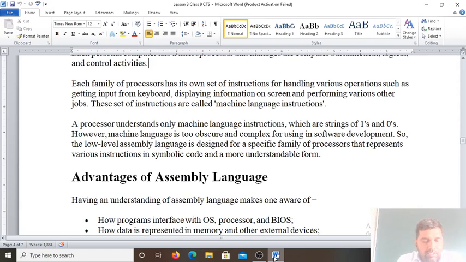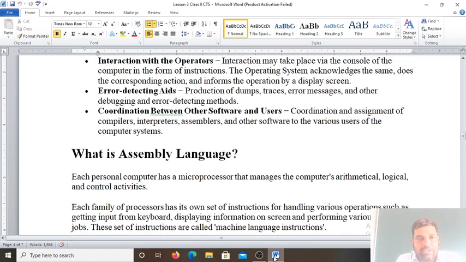A computer does not understand any other language other than the machine language. So the computer understands only the machine language. So some software is needed which translates our high level language, meaning English language, into the machine language which the computer understands easily. Yes, for that purpose we need the language processor.